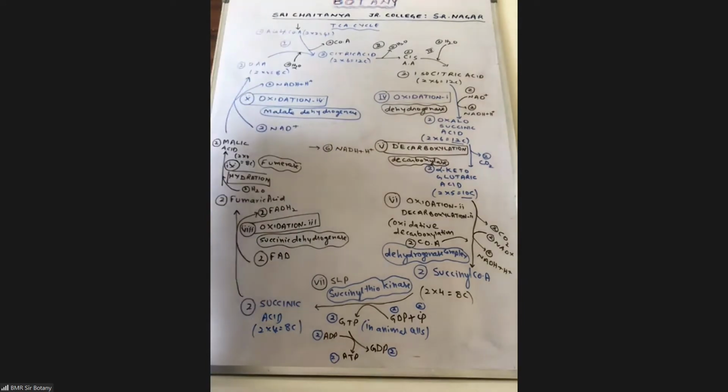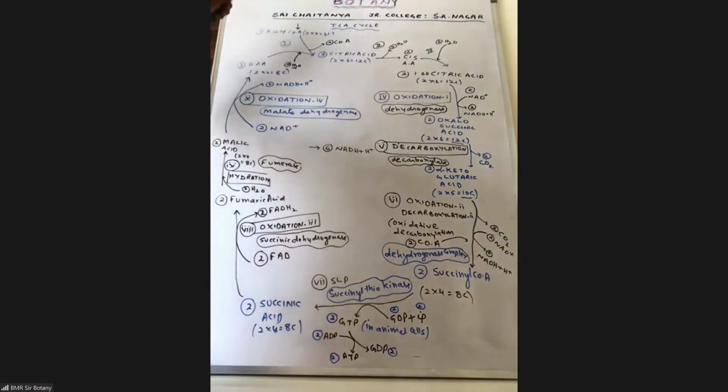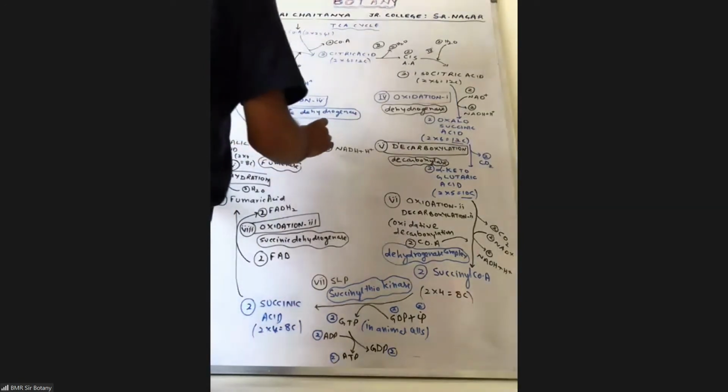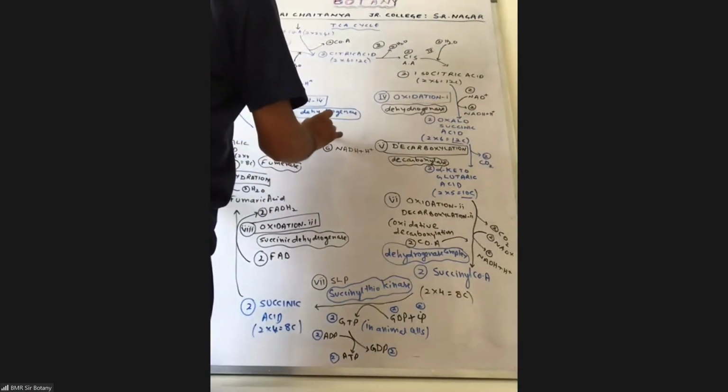When I say glucose, 2 turns. When I say 1 pyruvic acid, 1 turn only. Or when I say 1 acetyl-CoA, 1 turn only. But when I say 1 glucose, 2 turns. Because for 1 glucose we have 2 pyruvic acids. That way, 2 acetyl-CoA molecules. So for 1 glucose,